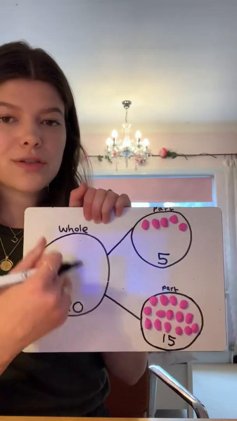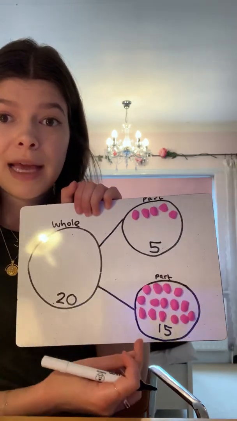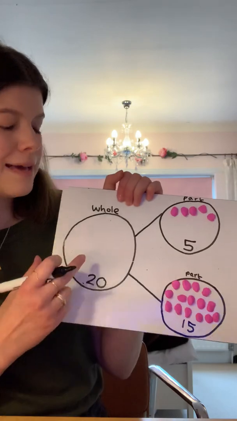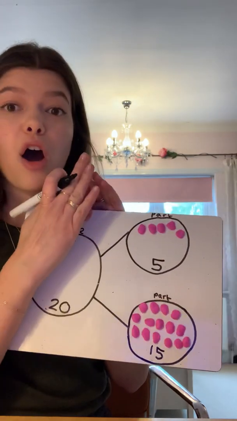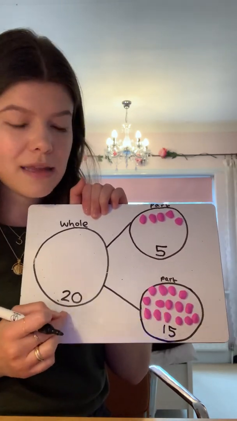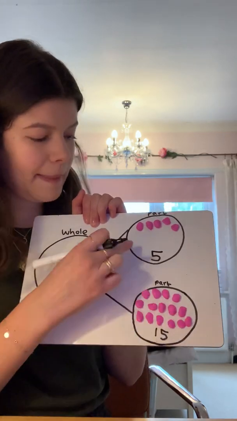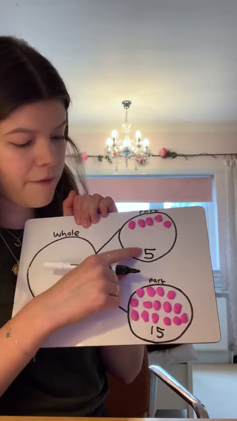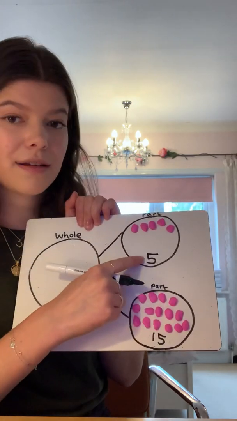Fantastic. Now, I talk about it in the same way, but while I'm talking, I'm going to use them to help me write my equation, okay? So I started with 20. The whole is 20. I split the whole into 2 parts. Your turn. The parts are 5 and 15. Your turn. The parts are, and